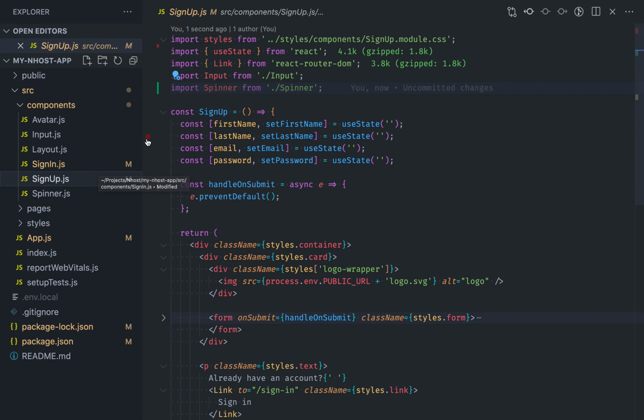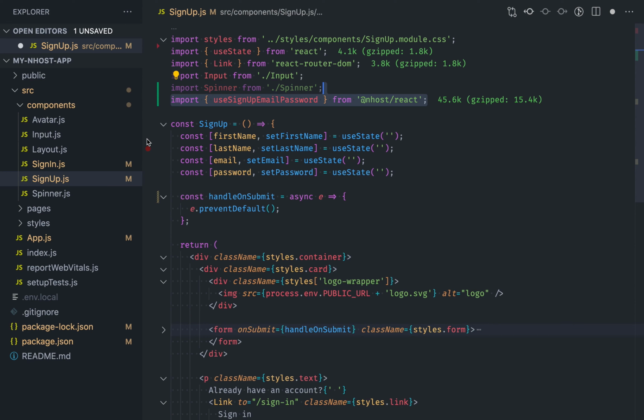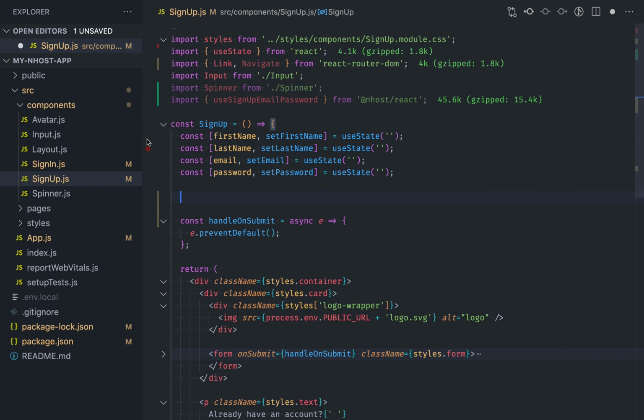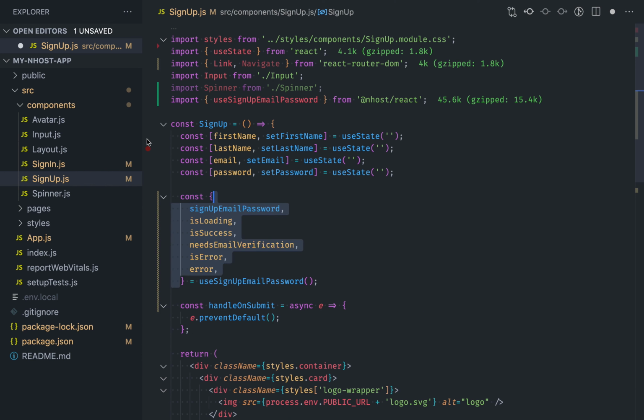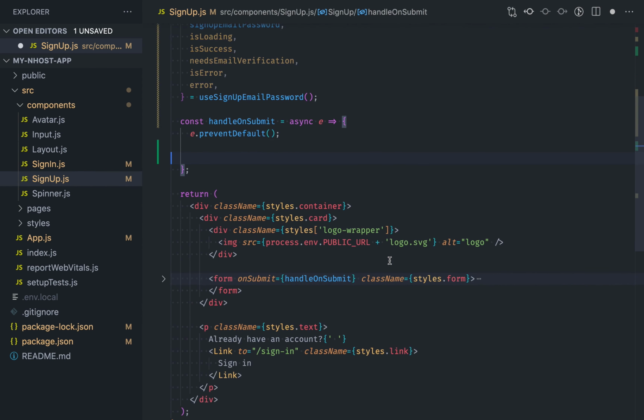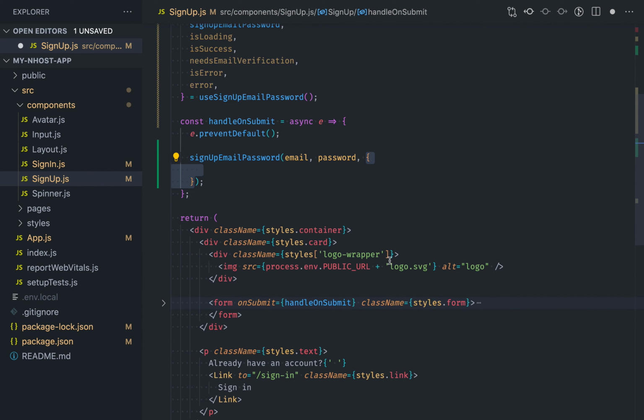For that, we'll use the useSignUpEmailPassword hook provided by the Nhost React SDK. So make sure to import it at the top of your signup component and then call it from inside your component. This hook returns the method to sign up users, along with a few variables to check the status of the authentication process. Then inside the handleOnSubmit function, which is called by the form inside our JSX, call the signUpEmailPassword returned by the hook, pass the email and password state variable inside it, and an extra option